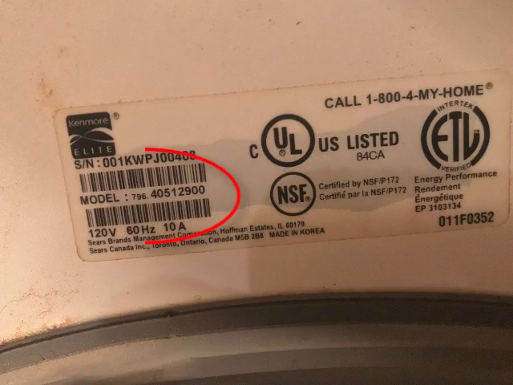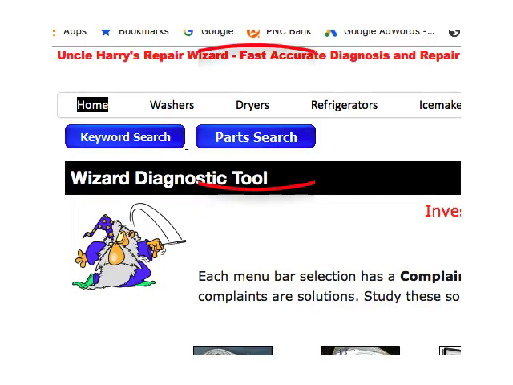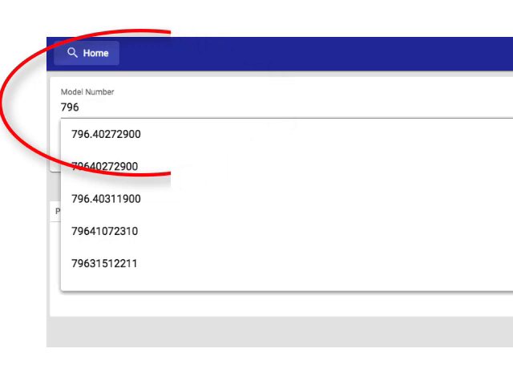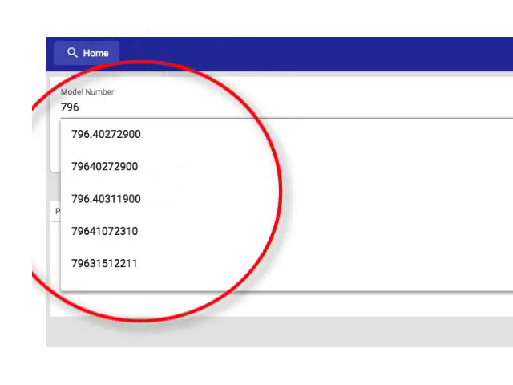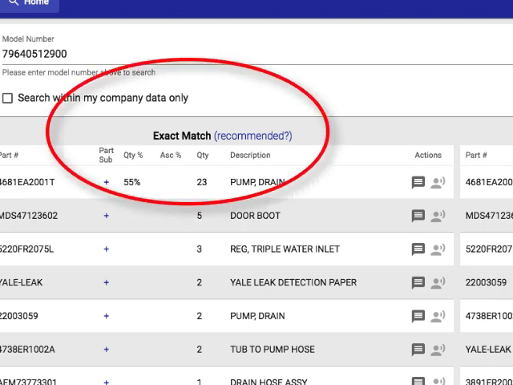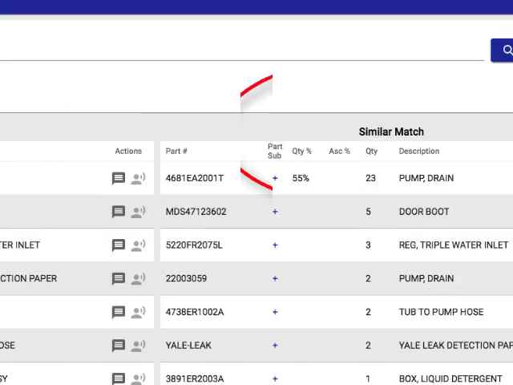You get the model number off the inside of the door of the washer and then go to the search tool on the wizard and insert the model number. As you begin to type in the model number, the screen will populate with close or exact model numbers matching yours. Hitting the search button will bring up all the service calls on your specific machine and service calls on